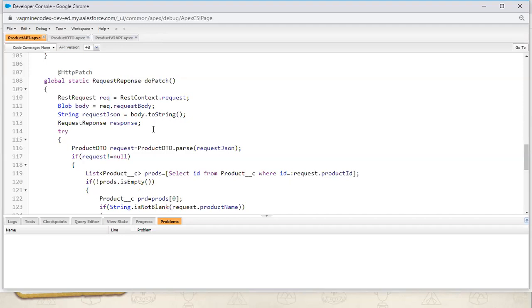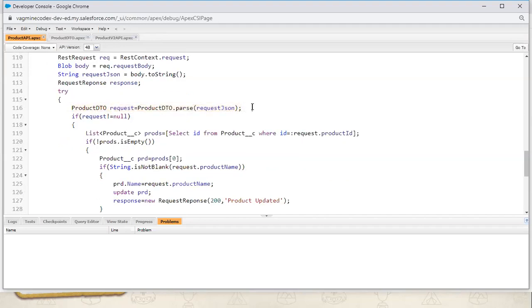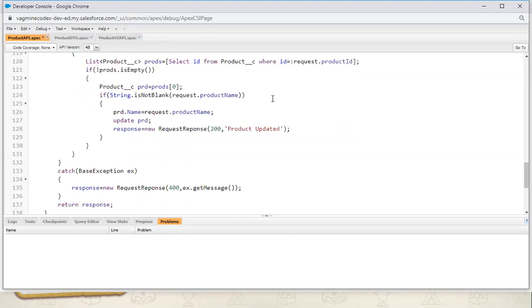As a request, I'm passing the same object class. After that, I'm checking whether the product ID they are giving is valid or not. If it is valid, then go with the details they are pushing. Right now, see line number 124. If they are passing the product name, then the record will be updated. If they are not passing the product name, the record will not be updated. Similarly, not only product, if you want to update using the vendor ID or another unique column, you can update the specific field based on that.